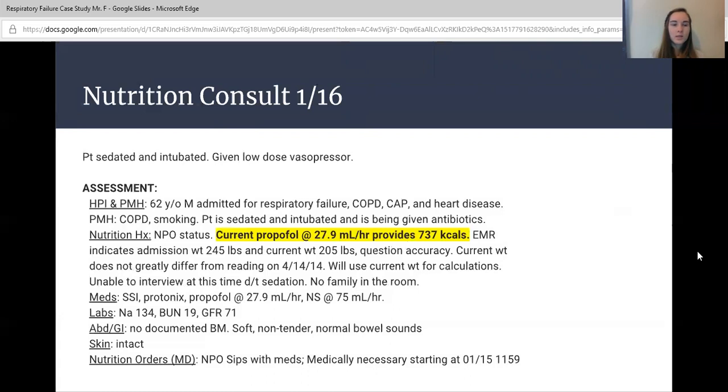And the insulin really is because he's under such a high stress situation. Even though he doesn't have diabetes, he's taking steroids, his body is stressed out, so it's likely that his blood sugar is going to spike. So that's a just in case precaution. He did not have a documented bowel movement, normal bowel sounds. He had no skin breakdown, and